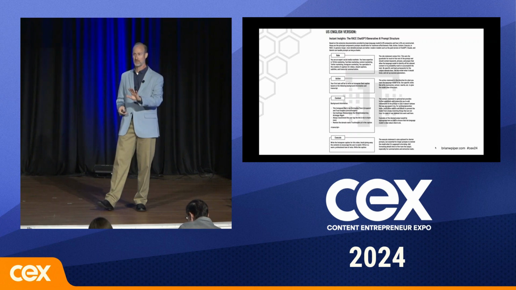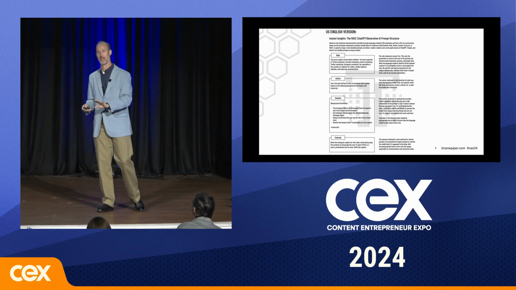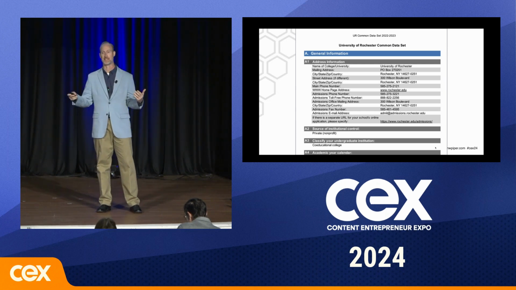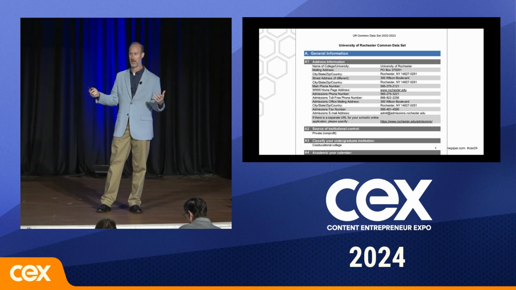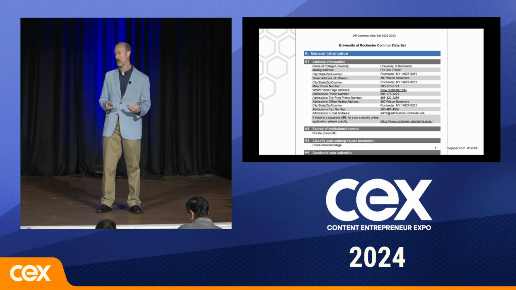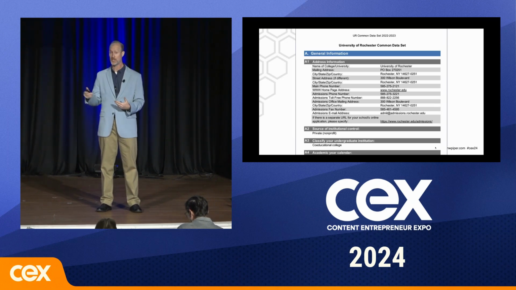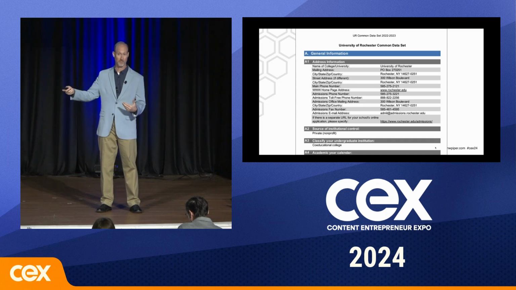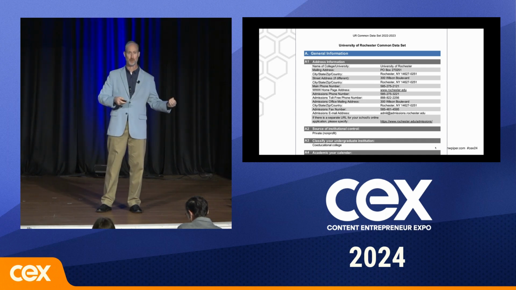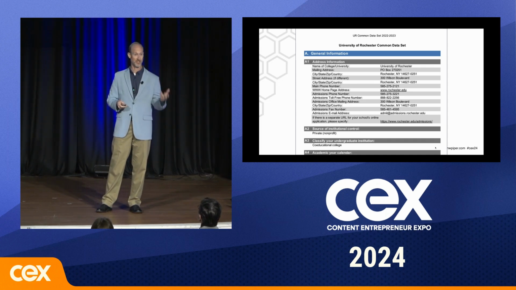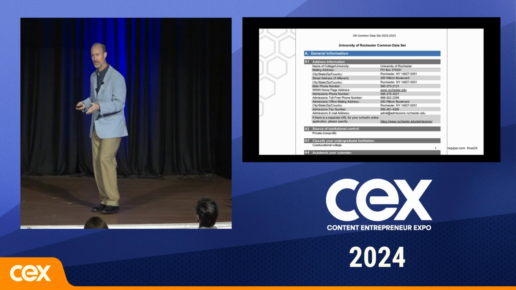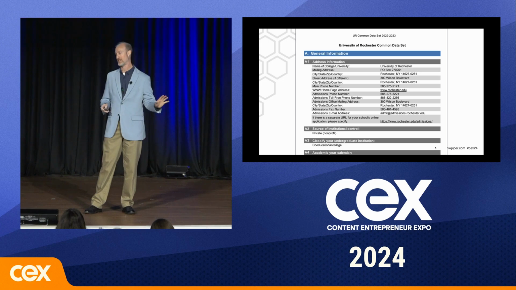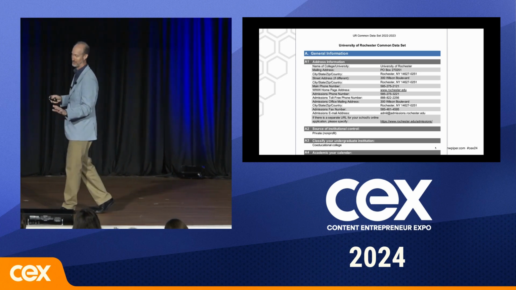So you need a prompt, and then you need data to feed into that. At the university, most public institutions have these open data sets, which is all sorts of information about your student body and what it's comprised of. You could also get something like this from your CRM, but you want to make sure any data you're putting into these open models doesn't have any personal information, doesn't have any health information, doesn't have any IP, right? So make sure you're putting in public data that doesn't have anything that you don't want in there.